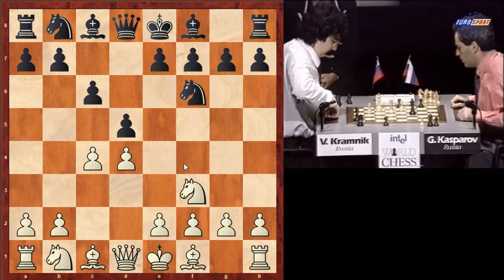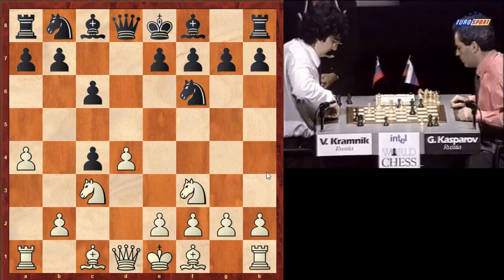Knight to f6 by Kramnik, and Kasparov decided to move his knight to c3, trying to gain more control towards the center and giving a little bit of pressure on the d4 pawn. So Kramnik decided to take the pawn on c4, and Kasparov decided to move the pawn to a4,